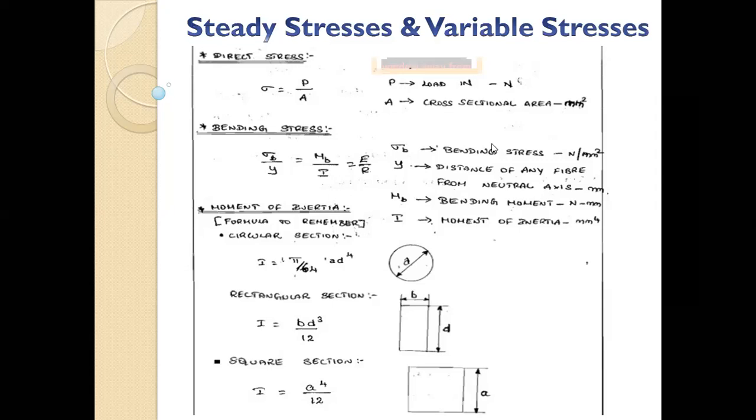Initially we were not discussing factor of safety, so we took sigma T directly. But now my sigma T will be 400 upon 4, which is 100 Newton per mm square. Initially the rod was taking 400, but because of the factor of safety, it cannot take more than 100 Newton per mm square. Now again I will do the design. My area will be pi by 4 d square, equal to 980 upon 100 instead of 400. So d square will be 980 upon 100 into 4 by pi.